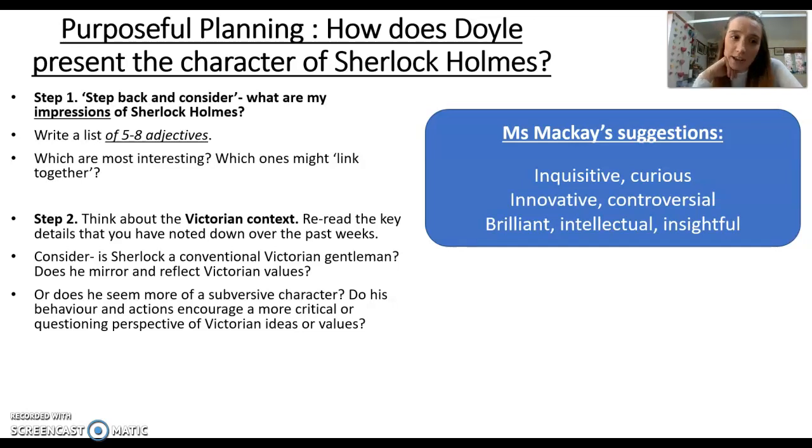Then, okay, why? And there are 2 things you need to think about. One is, how does he fit into his Victorian context, and the details about Victorian context that you learned about the last few weeks. And then 2 is, how does this link to what Doyle, the author, was doing? Because remember, Sherlock is just a construction. He is something that is created by Doyle to have a purpose, to symbolize something, to represent something, to mirror something. So I've got quite a few prompt questions for you below.